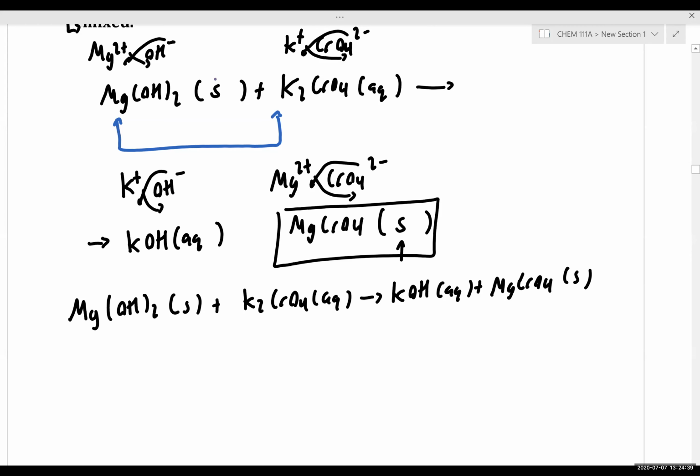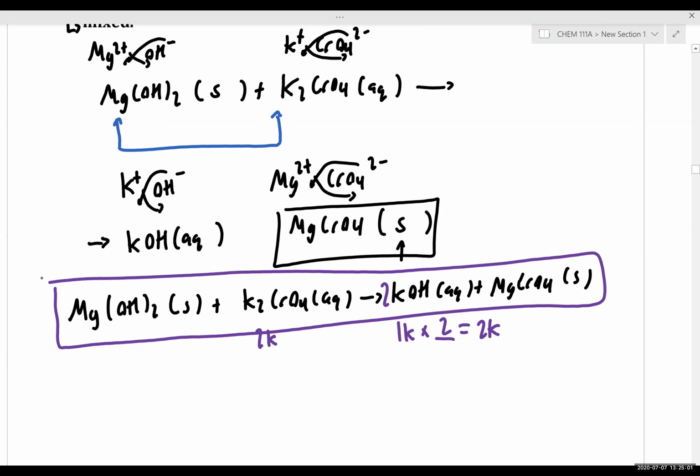No, it's not. We have two potassiums on the left, and on the right we have one potassium. 1 times what would give us 2 potassiums? 2, yep, perfect. And that's all we need to balance this equation. So now that we have this balanced equation,